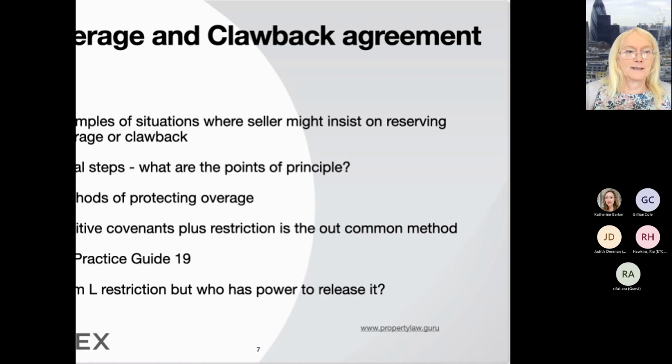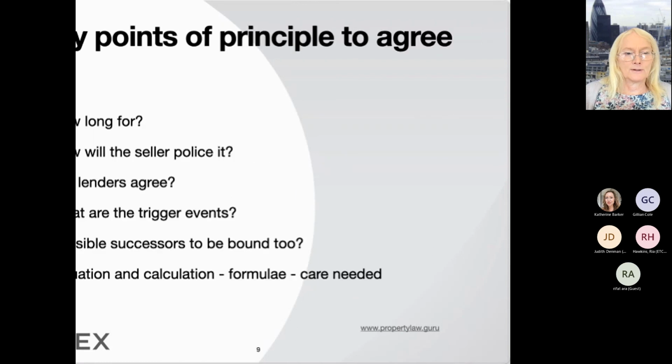So yeah, overage again. Before you draft anything at all, as I mentioned on page 30, key points to understand are how long is the overage for? Often 10, 15 years, no longer, maybe only 5 years. Obviously, the longer it's tied down, the less the seller is going to like that. You're not going to get overage 30 years later. It's just going to be impossible.